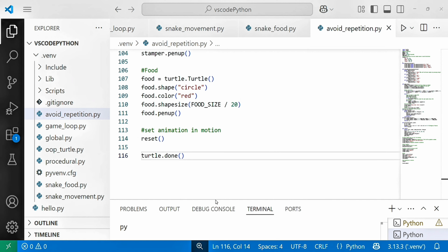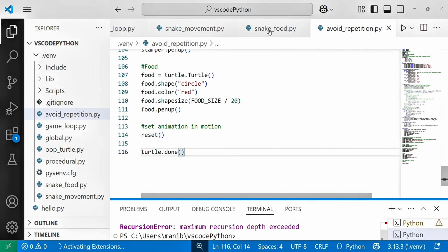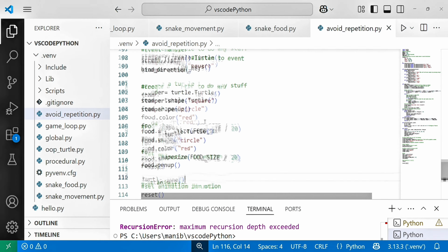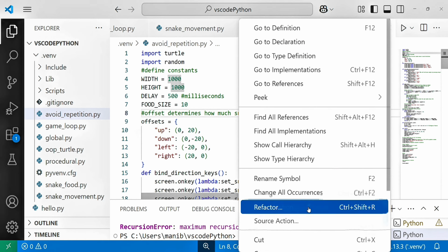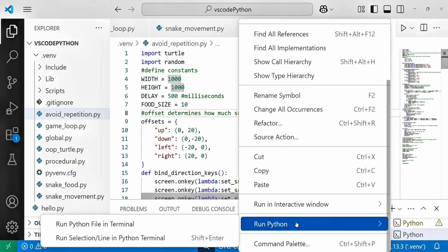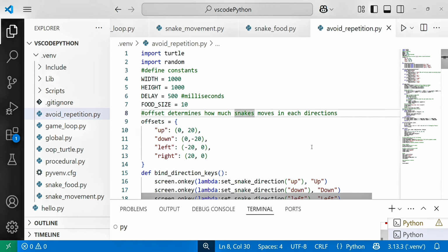So food is, if it is coming, let's do a little bit, maybe 500, so that you can see, and make the width 1000, so you can see the bigger screen. And let's see what happened. Here you go, run Python file in terminal.